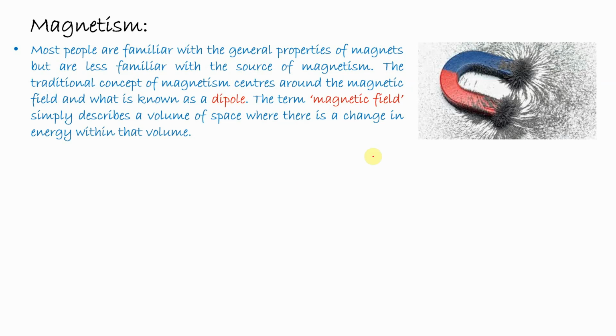Here in this figure, we can see that if we use a magnet, and if there is dust of ferromagnetic material, for example, iron, then this dust will be attracted towards the pole of the magnet. We can see that there is a particular region within which this property of the magnet is sensed, and this region is considered the magnetic field. So in other words, the magnetic field is the area surrounding a magnet where the property of magnetism can be accessed.